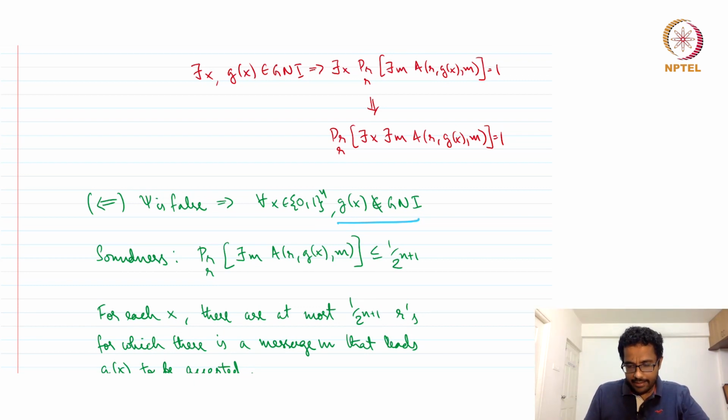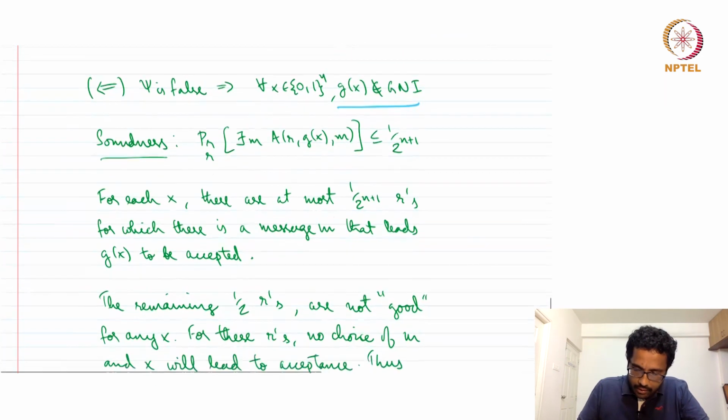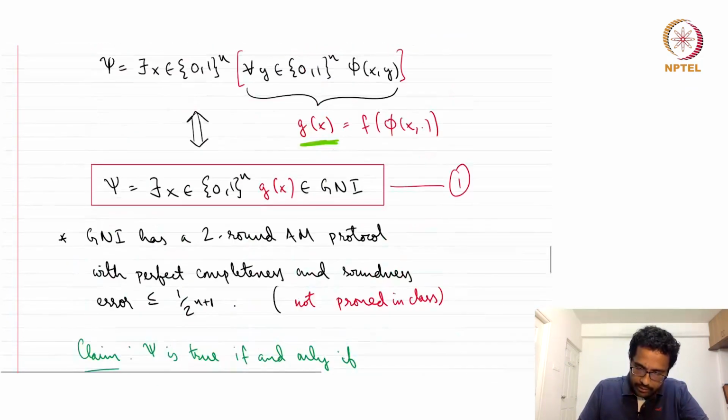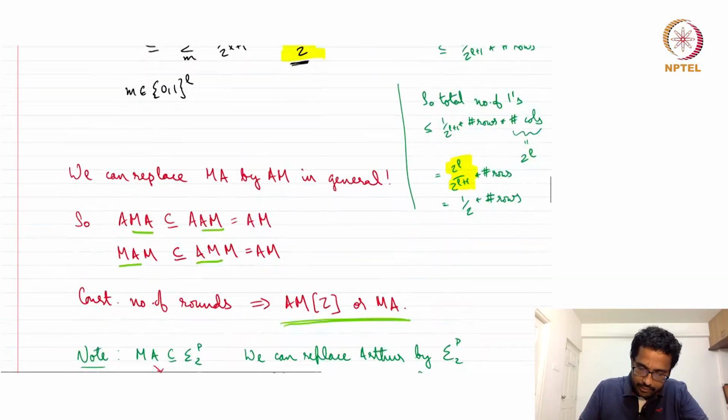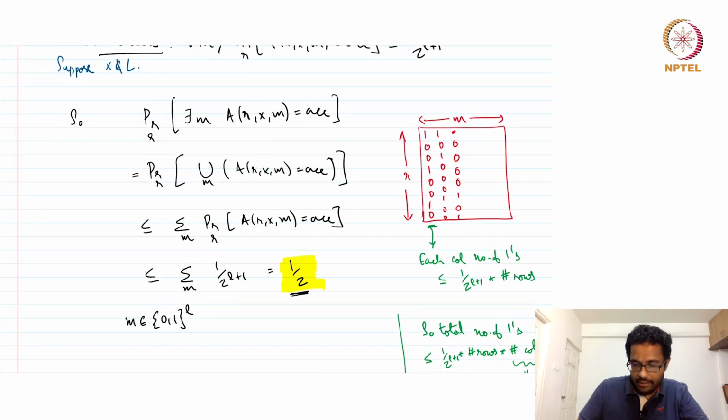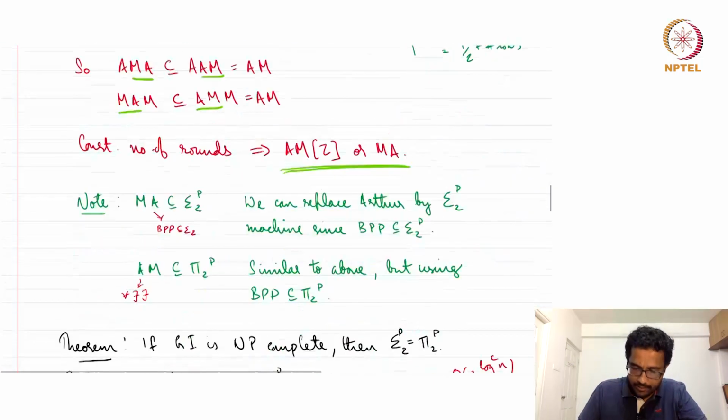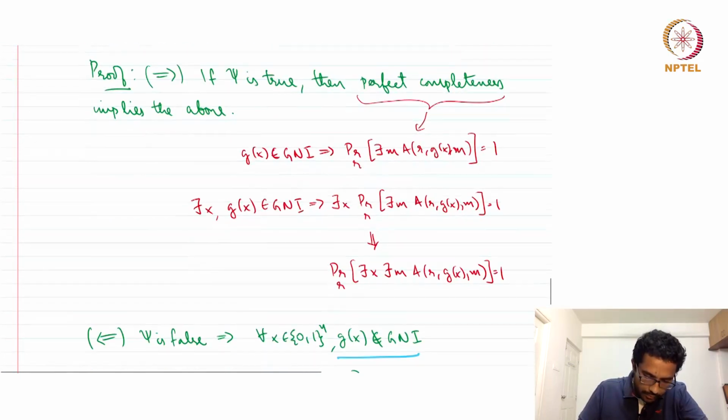Now soundness tells us, as we assume that soundness can be reduced to 1 by 2 power n plus 1, the probability that there exists an m, since gx is not a yes instance, such that A on r, gx, m can be accepted is at most 1 by 2 power n plus 1. This is exactly the soundness condition for the AM protocol. Now, much like we did over here, we did a matrix and we counted the number of accepts, rejects, zeros and ones. Much like that,